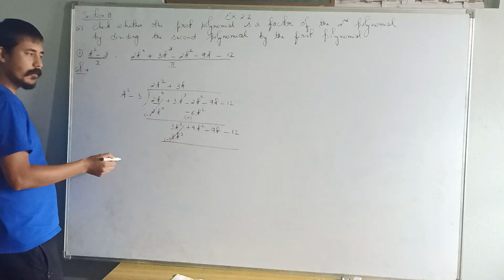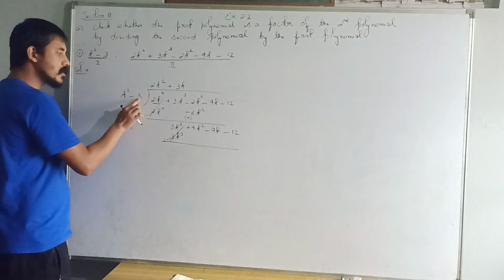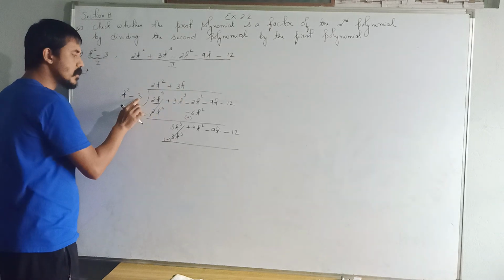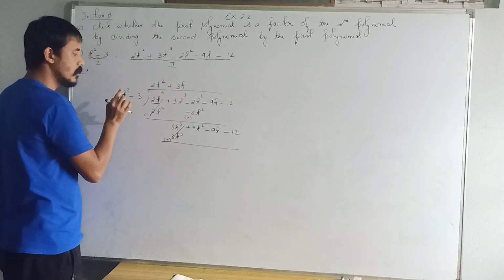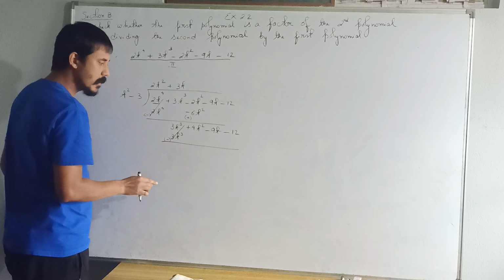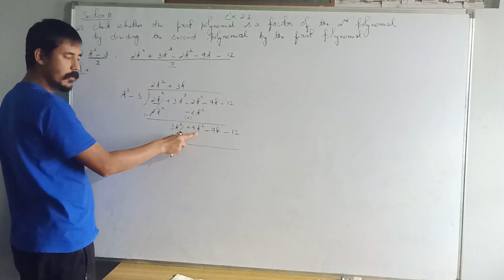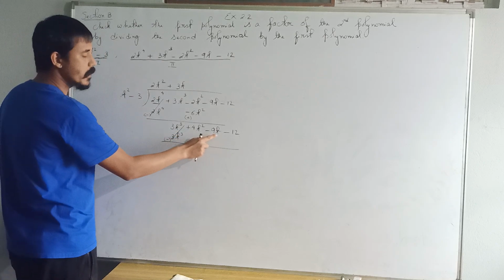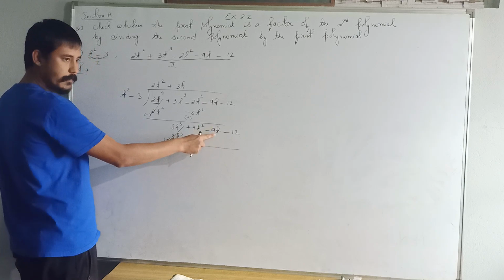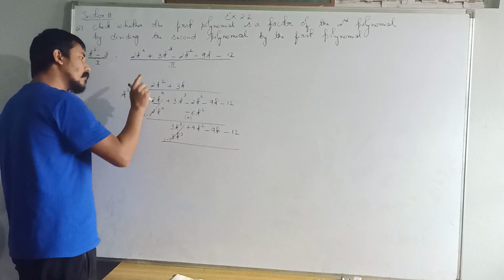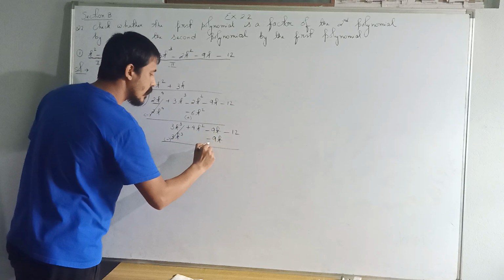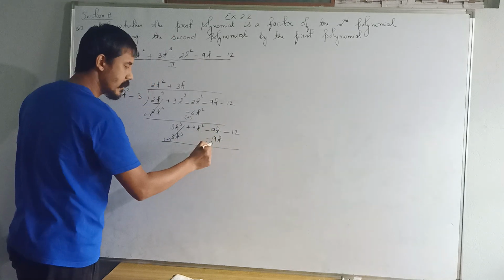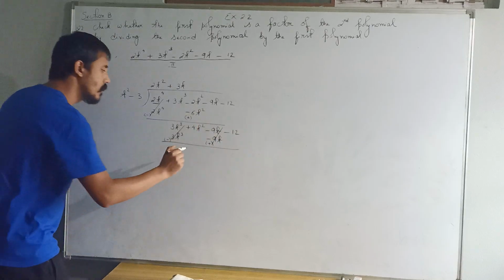Now we'll multiply by the remaining term. Minus 3, this is positive, so minus 3 times 3t. Minus 3 into 3t, minus 9t. This is a term containing t square, so I cannot write below this term. So I have to write below the term containing t. So minus 3 times 3t is minus 9t. This is negative, you make it positive. Minus 9t plus 9t, they cancel out. So we have now